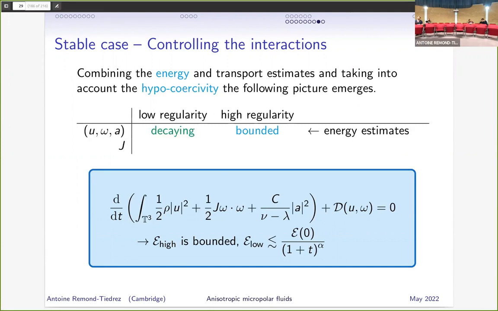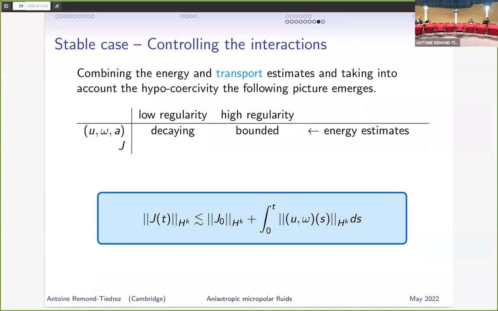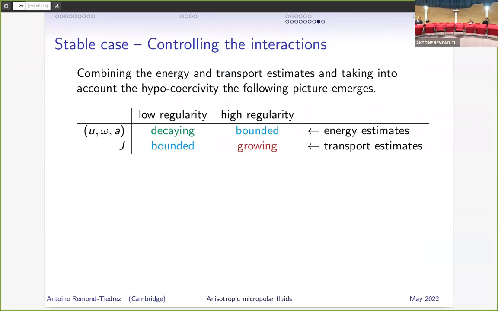Okay, that's nice. So that tells me that at lower regularity, I expect U, omega, and A to decay, and at higher regularity, I expect them to be bounded. That's nice and good. And then from the transport estimates, I just get this. So at the high regularity, these things could grow. Okay, so now the problem is this: you get interaction terms like this, and this is where things get